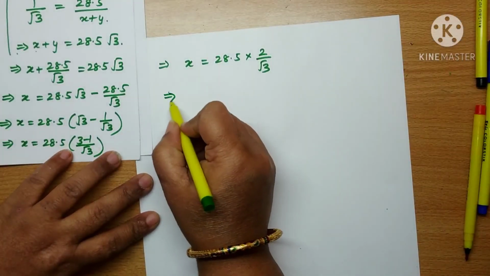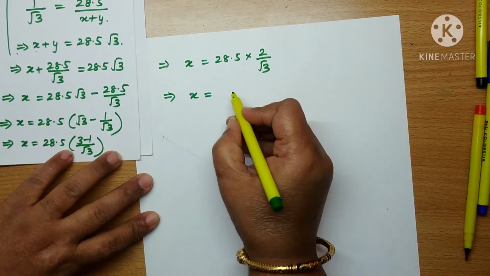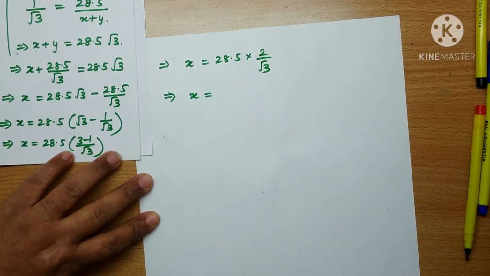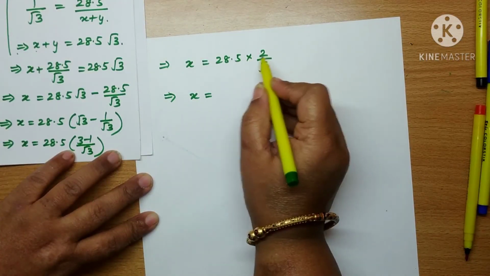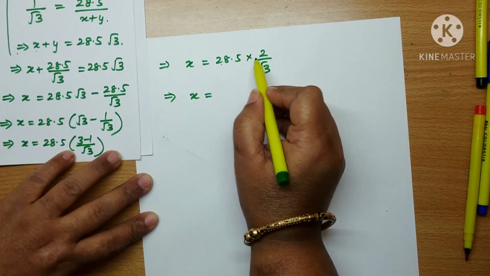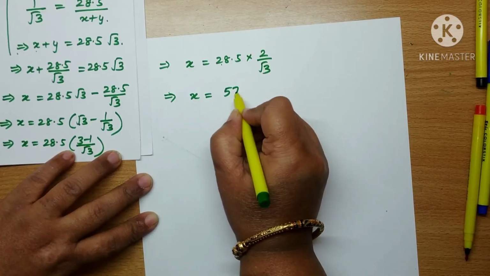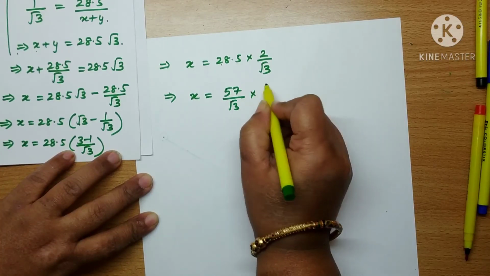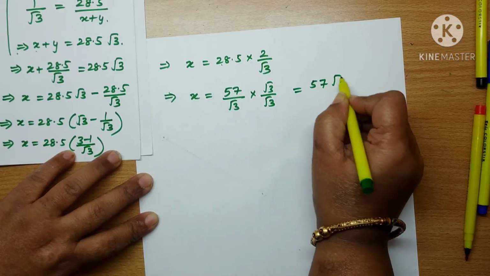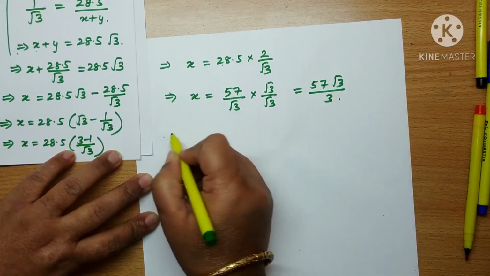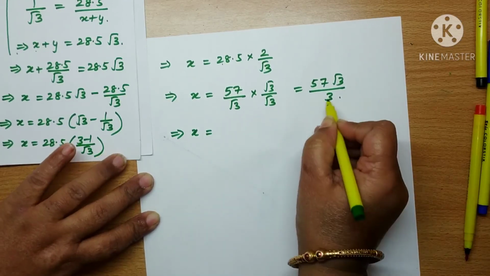Now, since the denominator is never irrational, we never ever leave the denominator irrational, so I'll have to rationalize it. So I multiply first of all, 28.5 into 2 is 57 by root 3, into root 3 by root 3. This gives me 57 root 3 by 3. So X is, this will cancel,